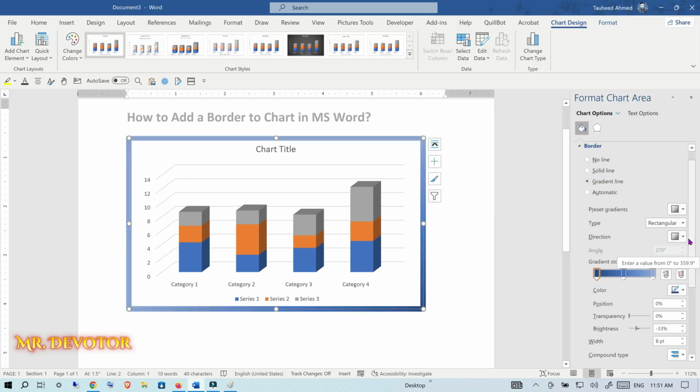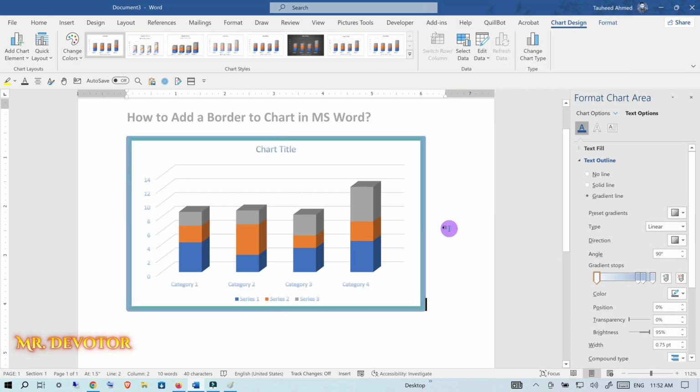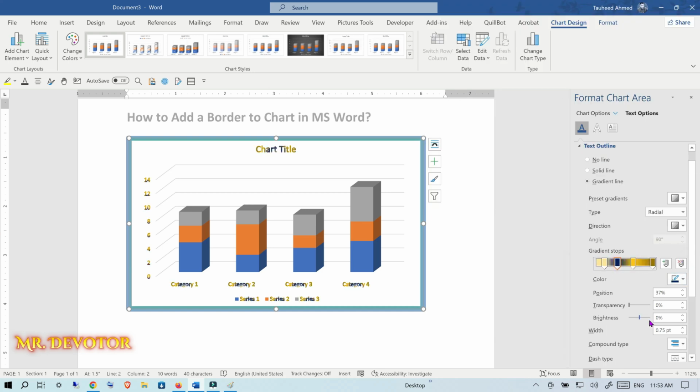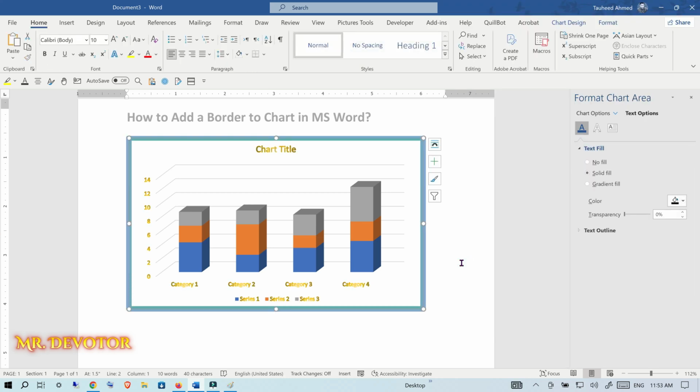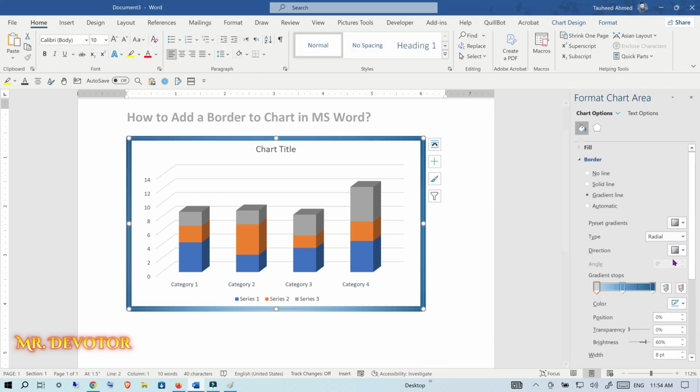Hi everyone, in this video I will guide you how you can add a border to a chart in MS Word. Adding a border to a chart in Microsoft Word can help it stand out from the rest of